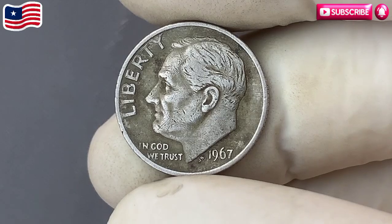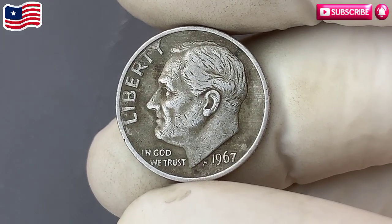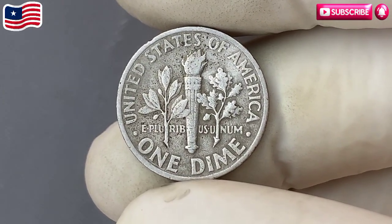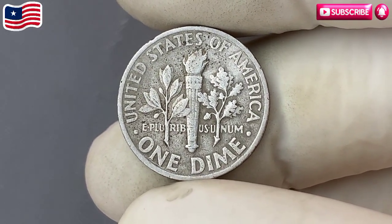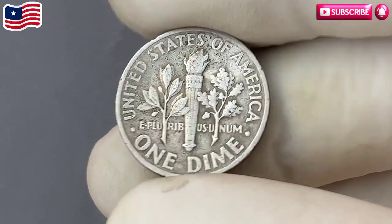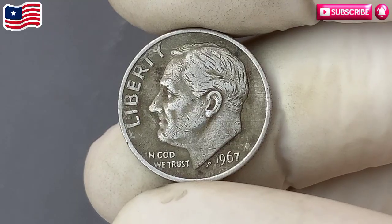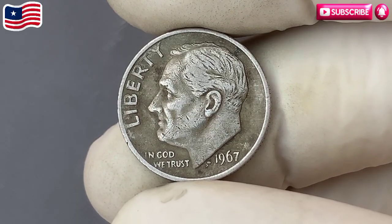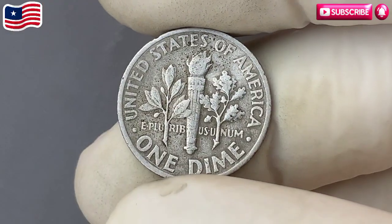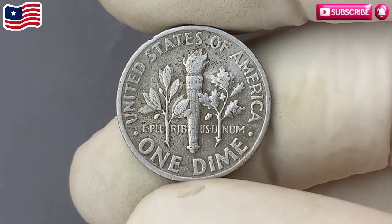The design itself is classic and has remained largely unchanged for decades, but the 1967 edition stands out for reasons beyond its visual appeal. This was a period when the United States was navigating a complex era, post-war prosperity mixed with social change and technological advancement. Coins from this era circulated extensively and were part of the everyday American experience. However, despite being minted in large numbers, the 1967 dime hides some intriguing secrets for collectors who know what to